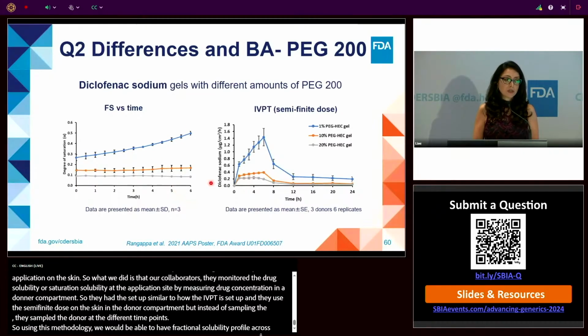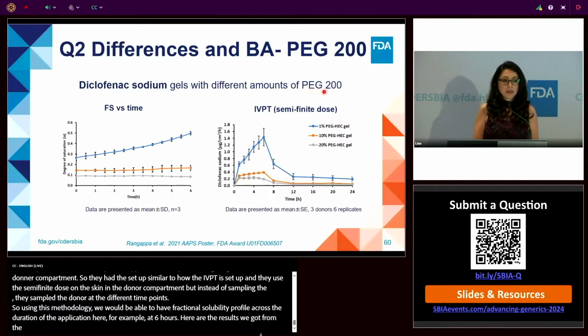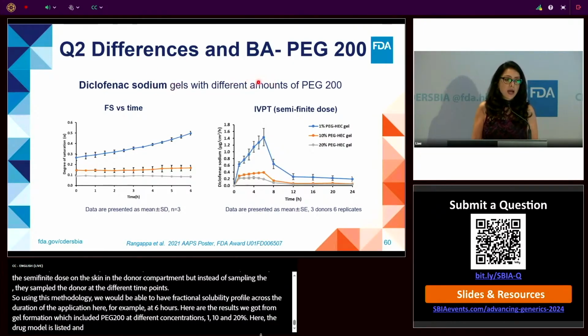example, for 6 hours. And here shows the results we got with HEC gel formulations, which included PEG 200 as a solubility modifier at different concentrations, 1%, 10%, and 20%. And here the drug model was diclofenac sodium with a fixed concentration. So as is shown here, with different amounts of PEG, we had different